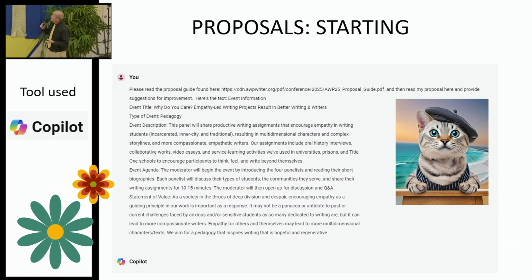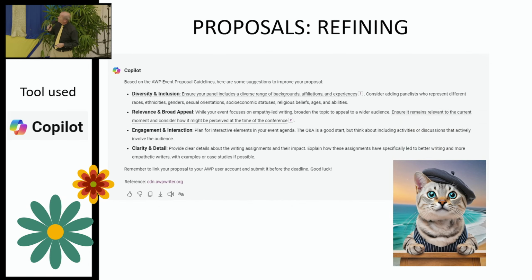Or just starting out your proposal. So you get a call for proposals, asking AI to go look at the call for proposals, and then you're down to that brainstorming that you were talking about. What would be a good match for this? So I think I have one on rubrics, so refining. So asking the AI to evaluate whether you're clear, that's the bottom bullet, whether you've got the right kinds of engagement, whether you're being diverse and inclusive in the proposal. Right? These are all things that you could ask it to evaluate for something you've already written.